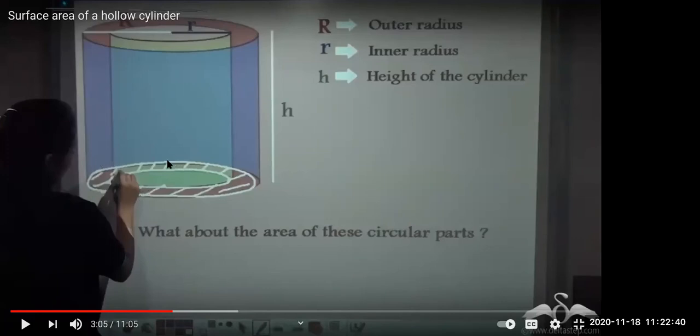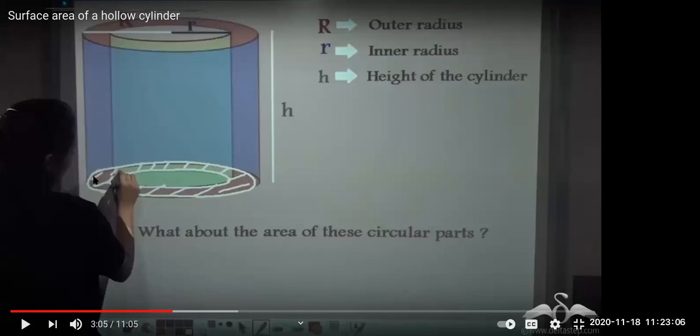So what is that shape which is remaining on the top and the bottom? Are you able to guess what shape that you will get at the top and bottom? Ma'am, rings. Bigger circle minus smaller circle. Circular rings. We have studied circular rings in the 7th and the 8th standard, if you remember. This is one circle removed from another circle. That is why you are getting a circular ring.